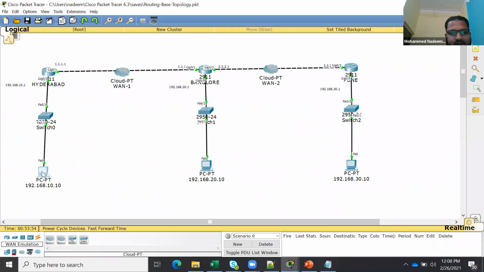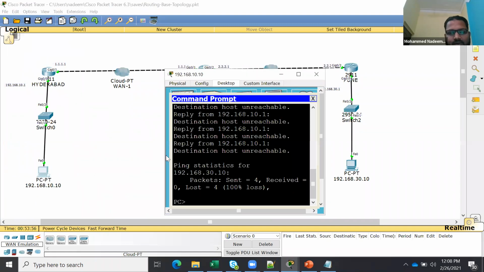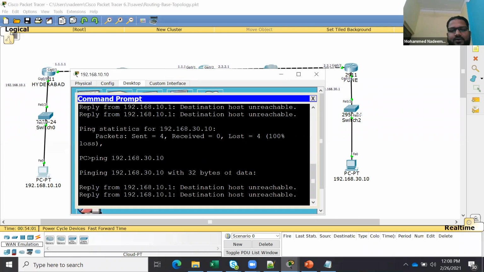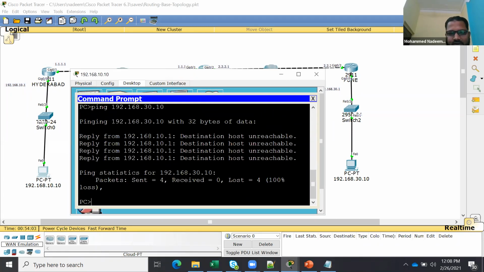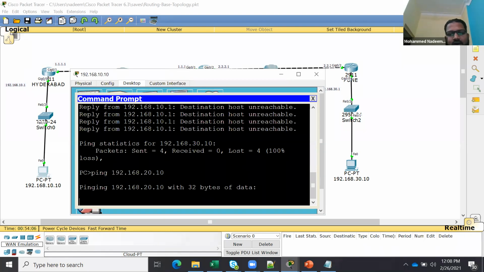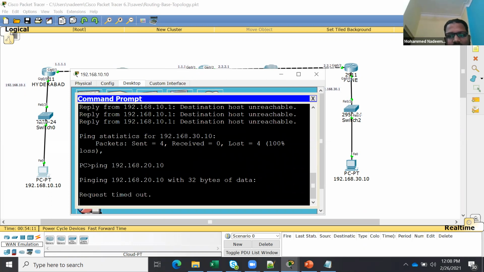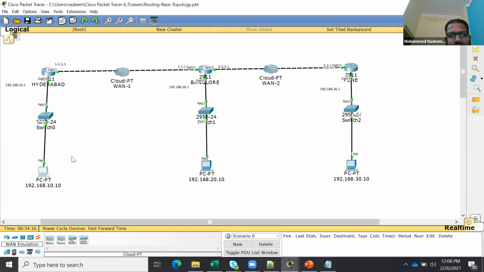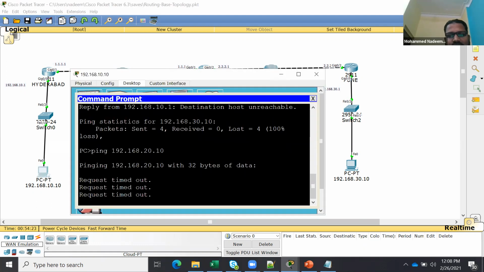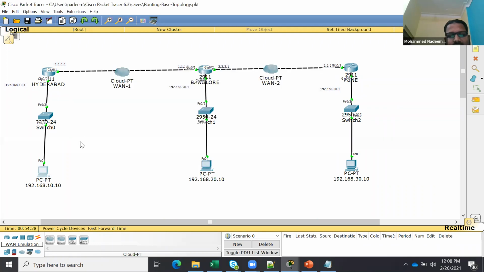Okay. So now can I try to ping Bangalore LAN, because I added the route, right? No, sorry, not that, 20.10. I added the route, but see here, the destination host unreachable is not coming. It is coming as request timeout. Can you see the difference? Do you know why the request timeout comes? Can any intelligent person answer me? Come on. Previously it was destination host unreachable, now it is saying request timeout. So what could be missing here?